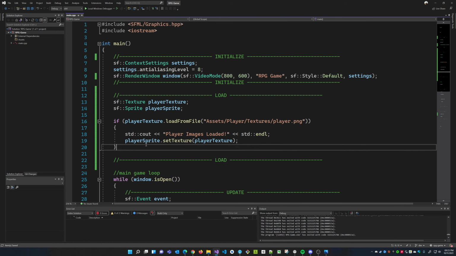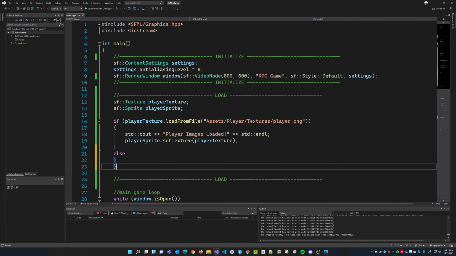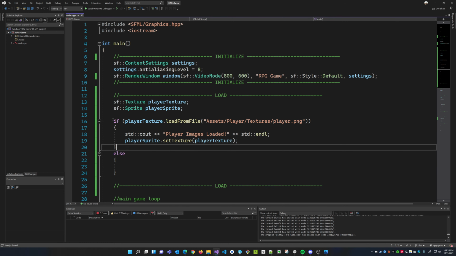However, if it failed, I'm going to continue this with an else statement. And I haven't mentioned an else statement. What's an else statement? You can have an if statement, and right after that an else. So if this condition is true, then I can do this. However, if the condition is false, I will execute this code.